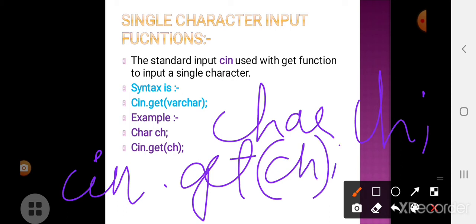So this is one example to show how we can input a single character. Here I am using a character data type with a variable ch, and I am inputting with cin dot get of the ch variable.